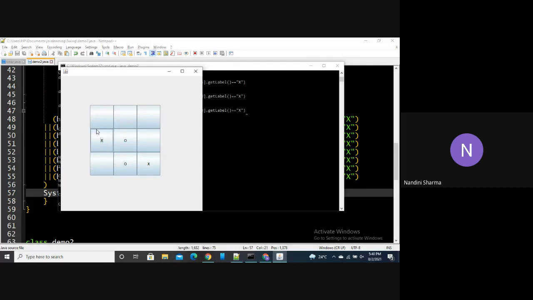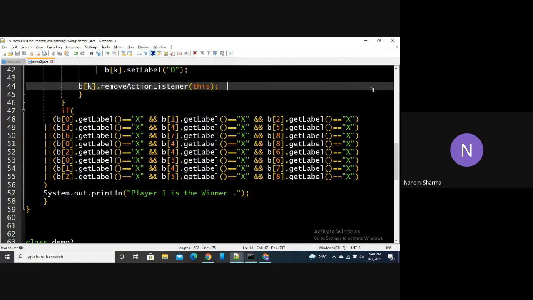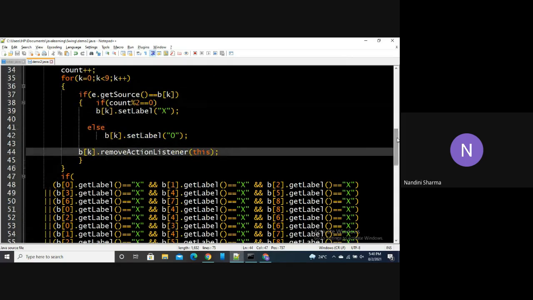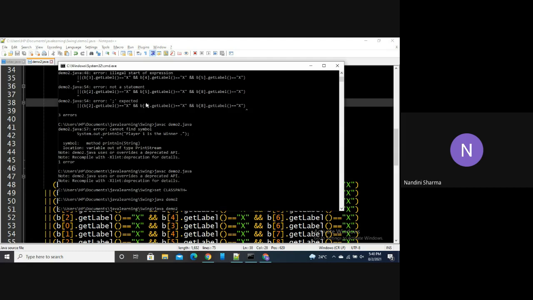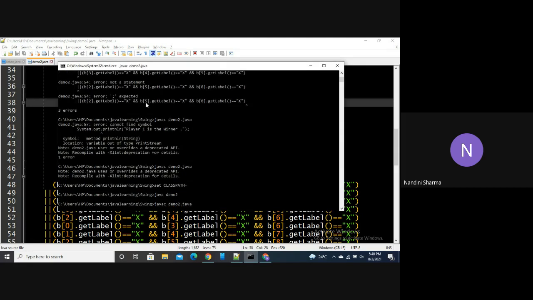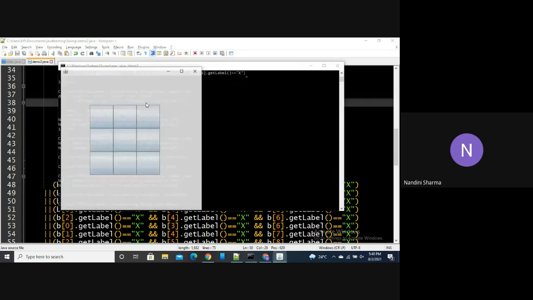So our first player is... let's make a slight change over here so that our first player will become X. It says cross.